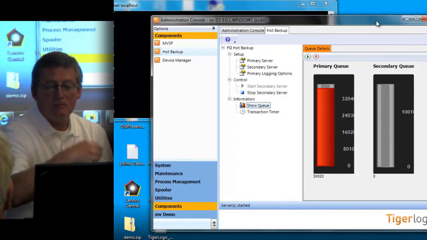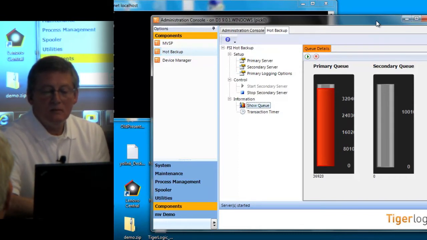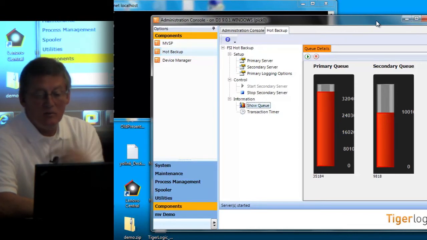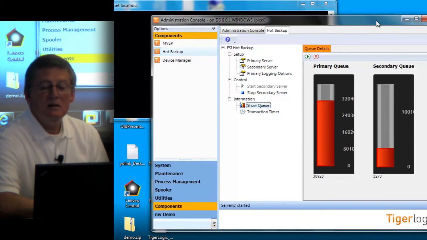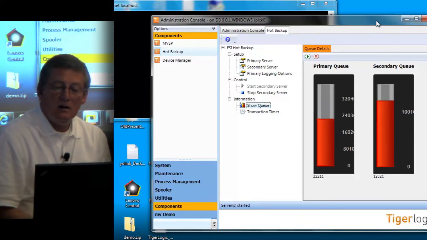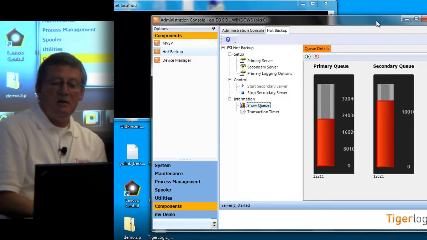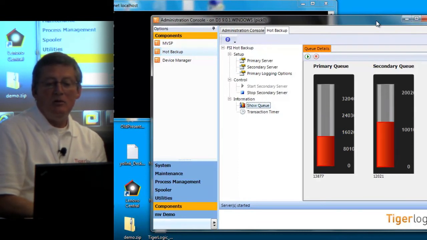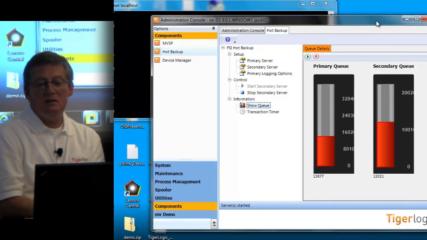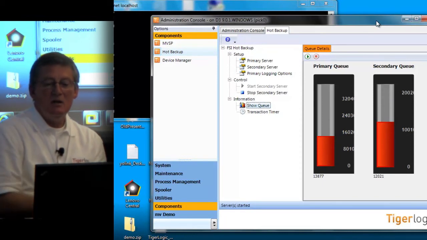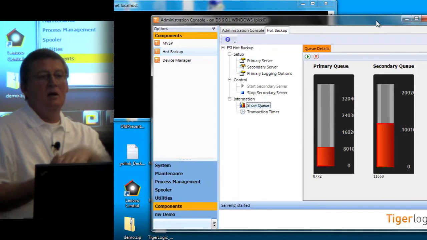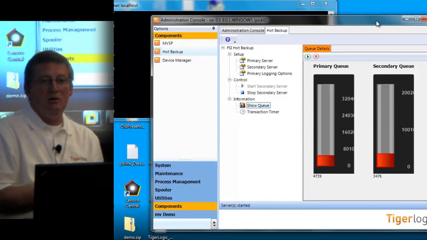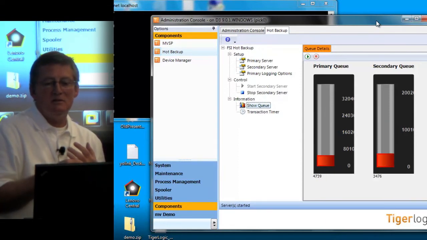And as the secondary queue comes over and brings them from the primary to the secondary machine, you can see the primary queue drains, the secondary queue has transactions in it, and eventually the primary queue should be down to no transactions, and the secondary queue should be down to no transactions. So, and this is just a quick demo. Obviously, I wrote a bunch of records to a file in a loop. That's not really normal processing, but